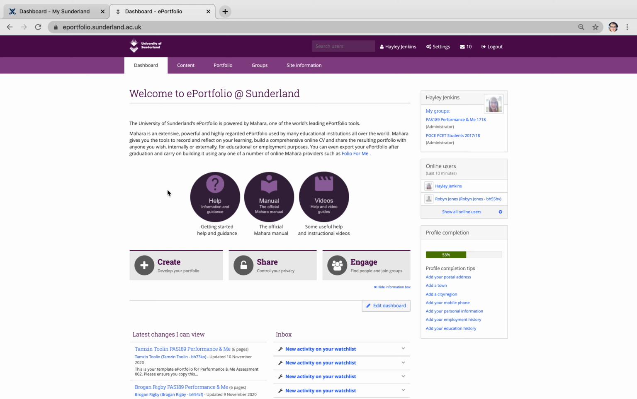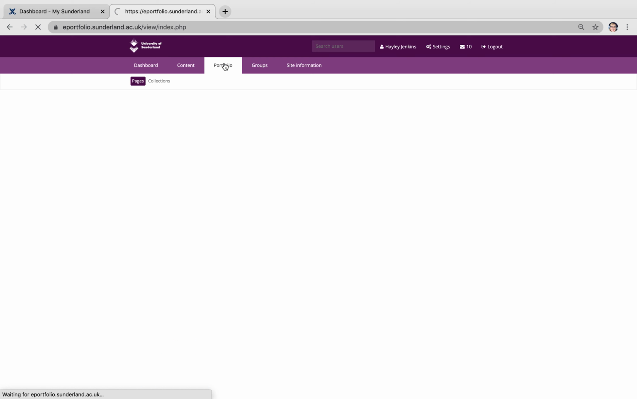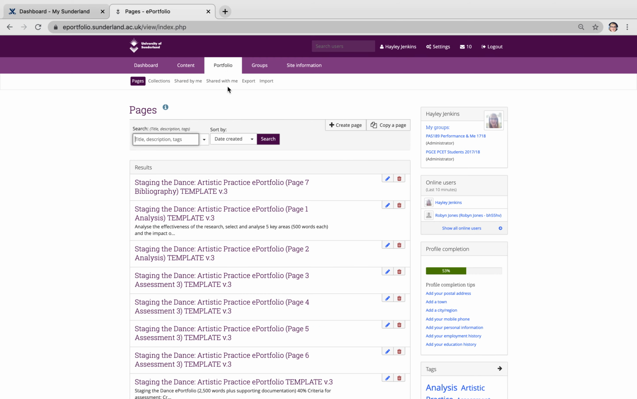This is where I'm going to show you how to create a page and start editing your page. On the tabs along the top, if you select portfolio, you then have a submenu called pages, collections. So with pages, we want to create a new page. This is a blank page that you can start populating your portfolio. So we're going to add a page,